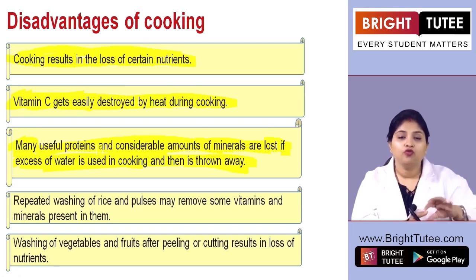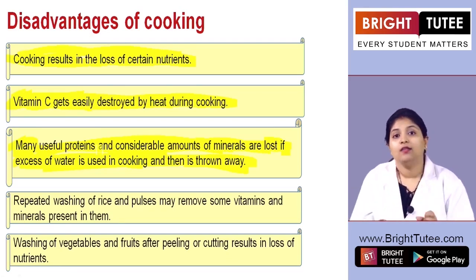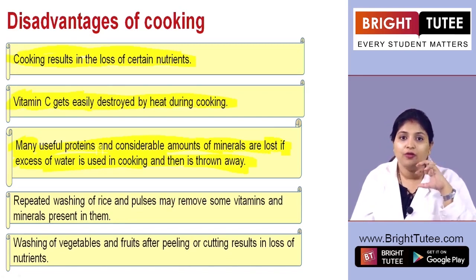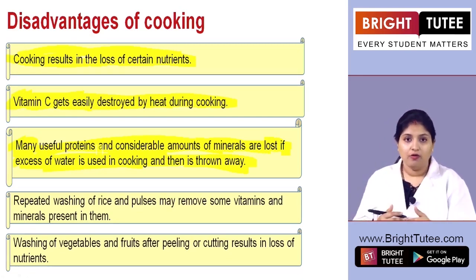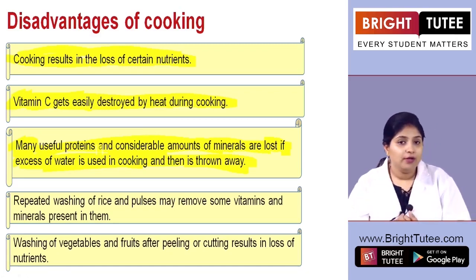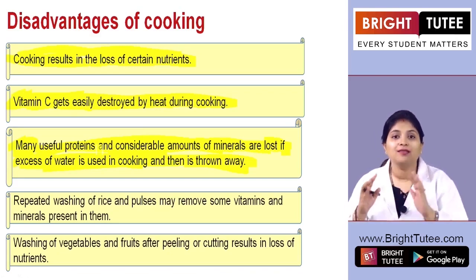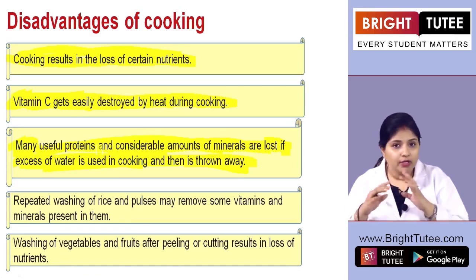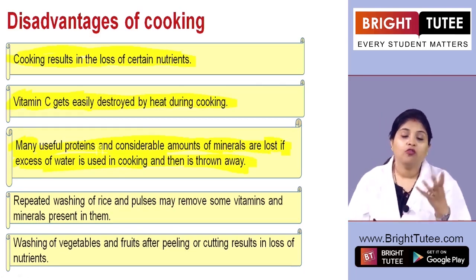So that water which was thrown away actually contains a lot of protein and is rich, and whatever is remaining in the pot is now comparatively lower in nutrient material, right? That is why it is very important that you use an appropriate amount of water, and especially if you're cooking something in the water, say even the vegetables, even the pulses, it should not be thrown away, because what happens is